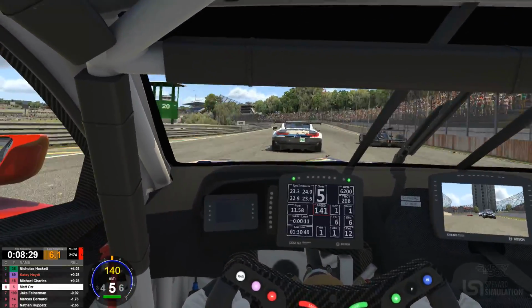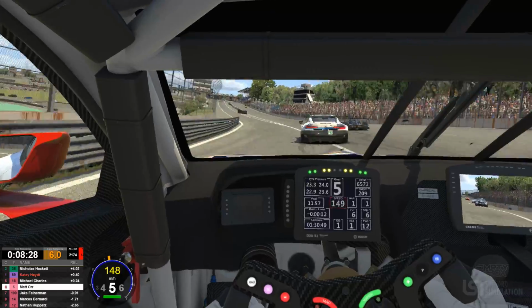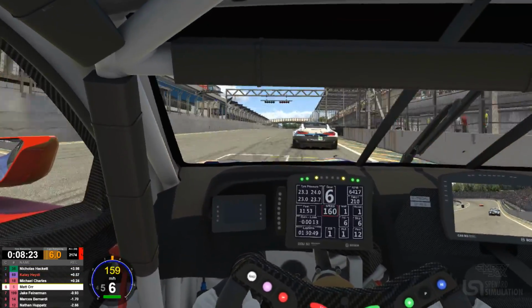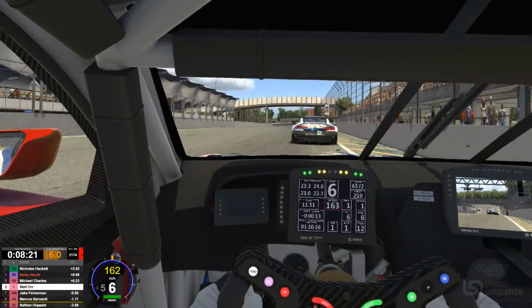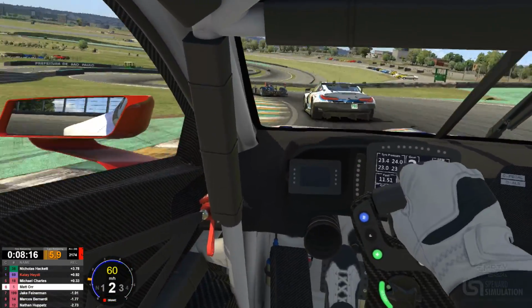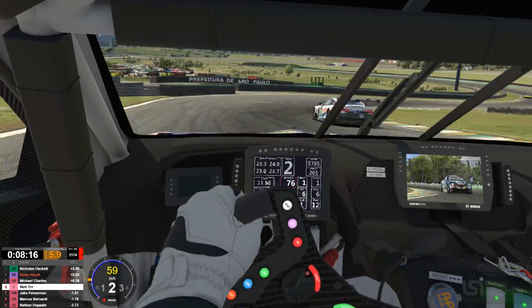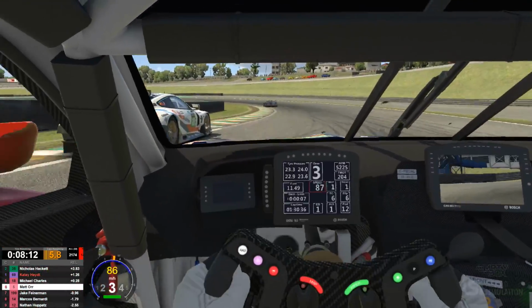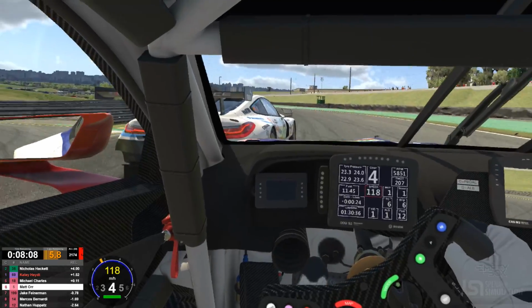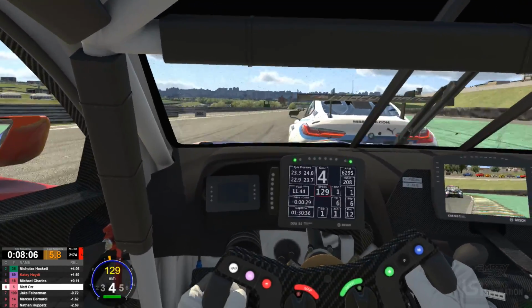I always hate those situations, both as a GT driver and prototype driver, of the corners where the racing line goes back to the left on a straightaway, or the right. And you're just like, well, am I supposed to cross, or is he supposed to cross? Because generally the goal is for the prototype to just go up the inside, but...